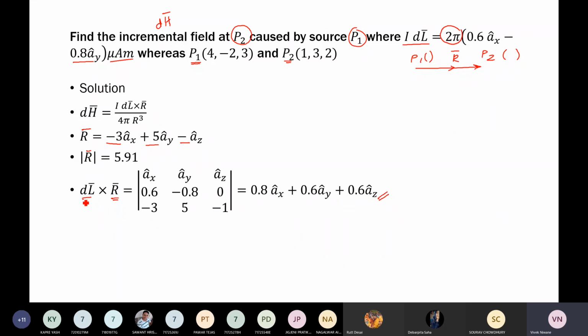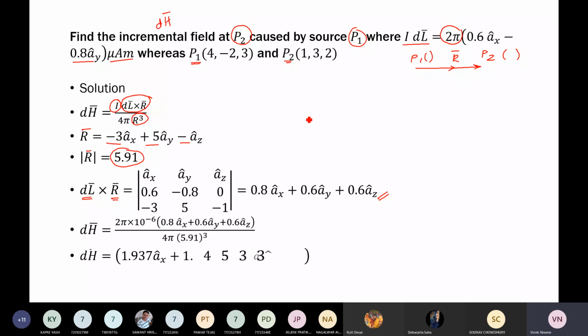And just the way we discussed how to solve the determinant, we have this expression. Now we have an expression for dl bar cross r bar. So we do have this one, we have this one, we have this one from here. So put all the quantities into the formula and get your answer. That's it, simple, straightforward. So putting everything into the formula, we will have the expression of dh bar. That's it, straightforward. But lots of care you have to take while solving the determinant. Determinant solve करते समय थोड़ा सा ध्यान रखिए due to these negative signs. ये थोड़ा सा चंबल कर देती हैं. Okay. This was the first numerical.